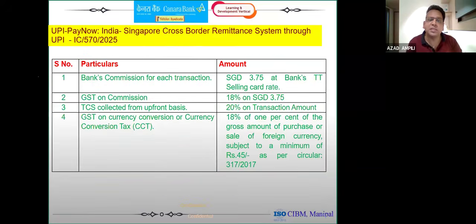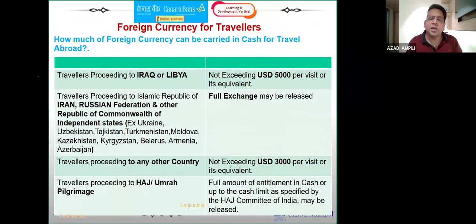And coming to charges, the bank's commission for each transaction is Singapore dollar 3.75 at the bank's TT selling rate, and GST on commission and TC is collected on an upfront basis. All these different numbers are there. Try to remember. Yes. Now, my question to you is,